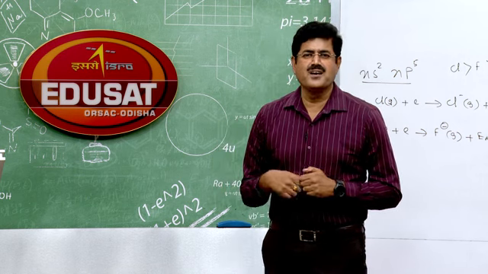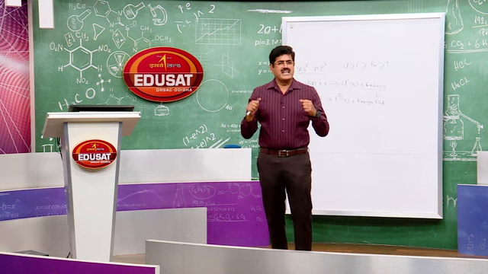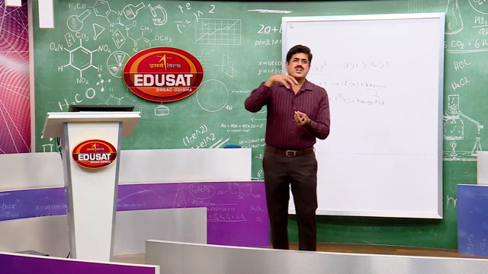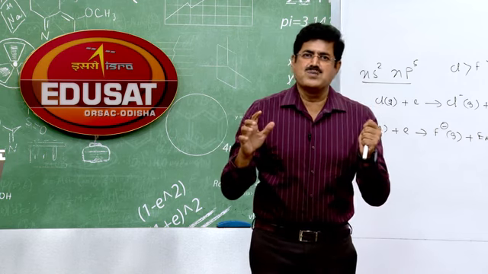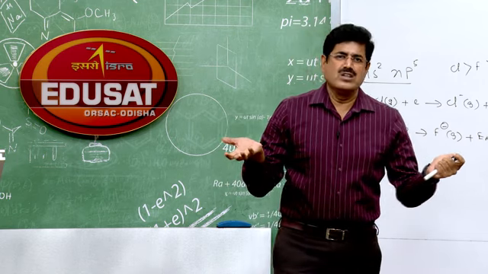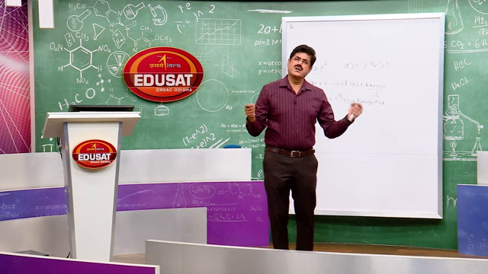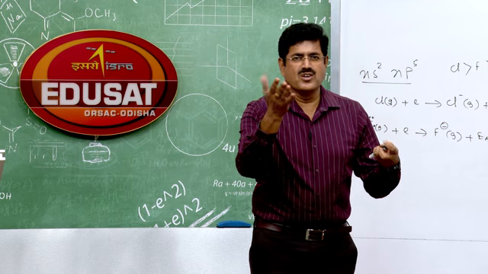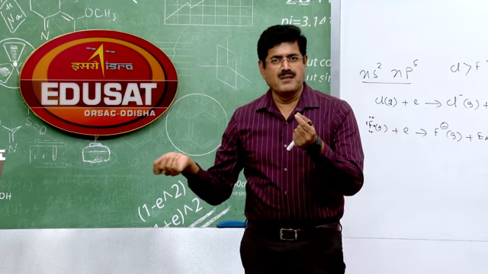Why are halogens colored? It is because of absorption of radiation in the visible region, which results in excitation of electrons to higher energy levels. That is why they are colored. The color of fluorine is light yellow, chlorine greenish yellow. You must have seen chlorine in the laboratory, and prepared it. We will discuss the preparation of chlorine after a few minutes.